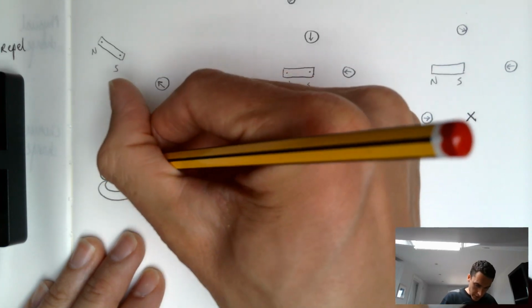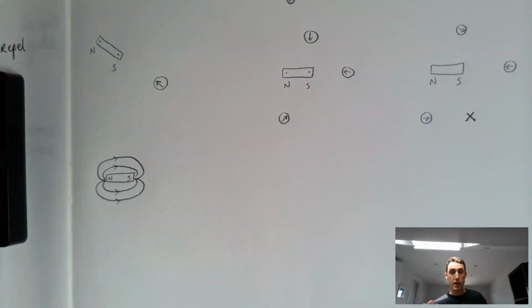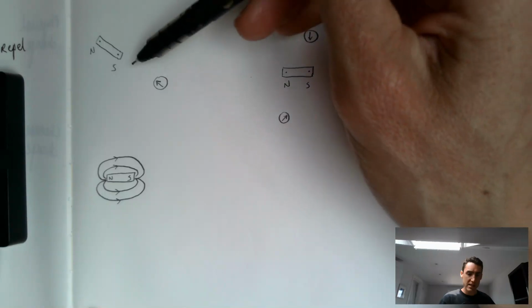Then we can add some arrows like this. They always go from north to south. Again, there'll be more on that in the next lesson when they actually draw this magnetic field pattern properly. But what you want to emphasize to students is that these two guesses, these original two